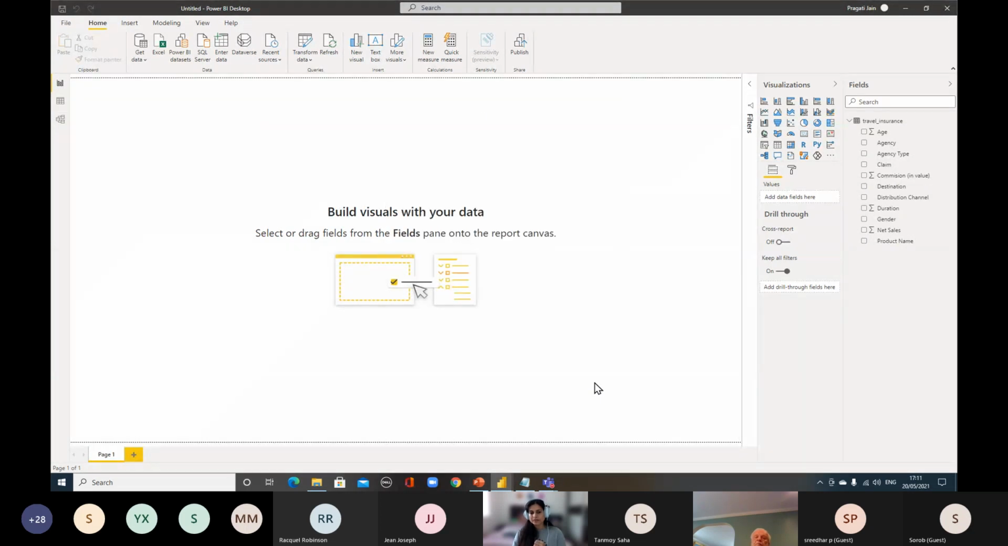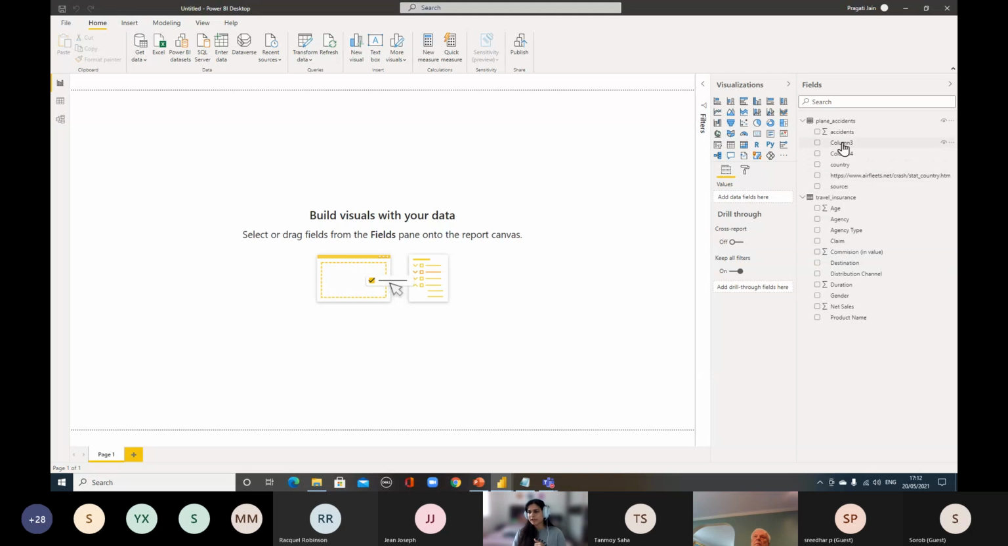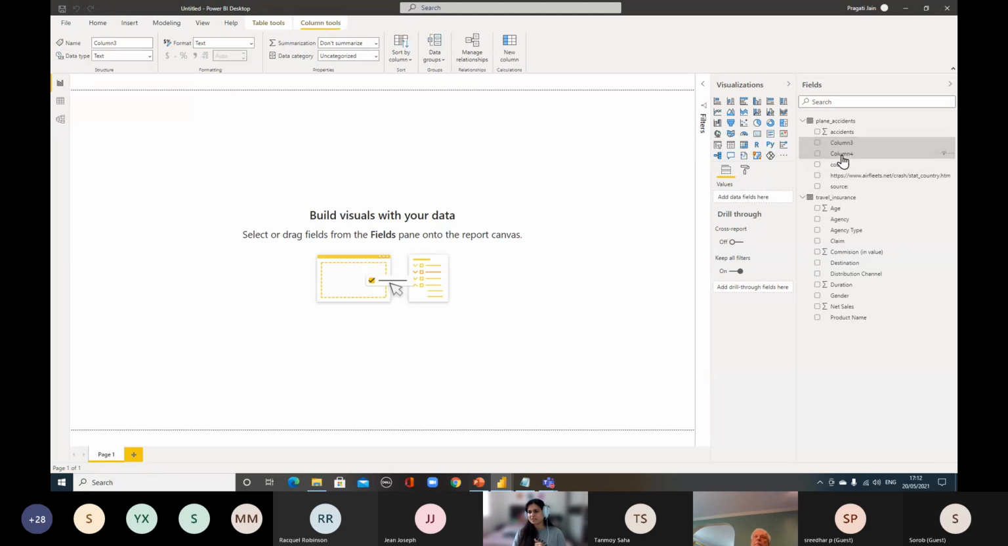And just wait for a few seconds. And we see Power BI has loaded that file here, plain accidents, and I can see the columns here. Now you'll see Power BI is showing some weird column names here, okay? I'll tell you how we handle these kinds of things in Power BI